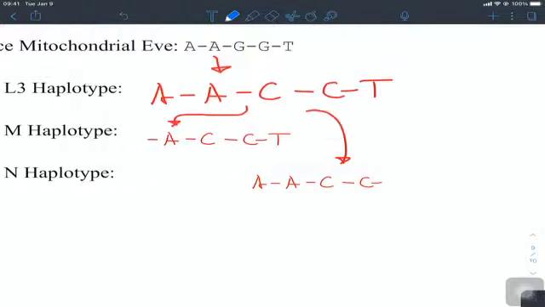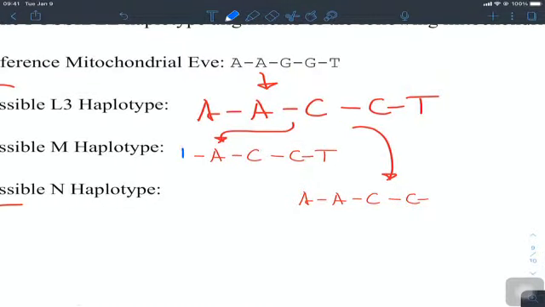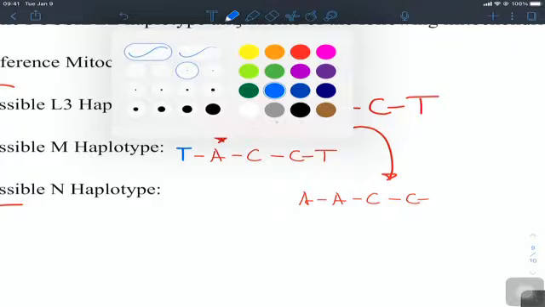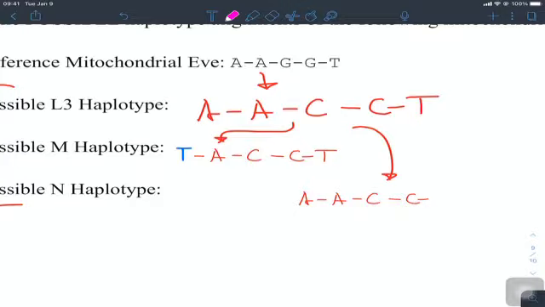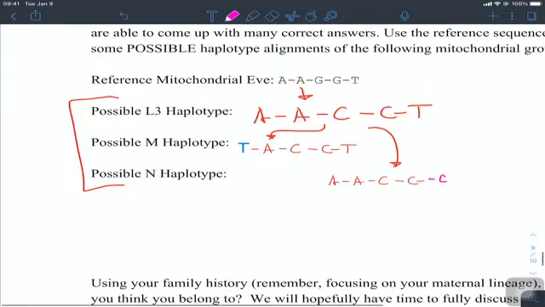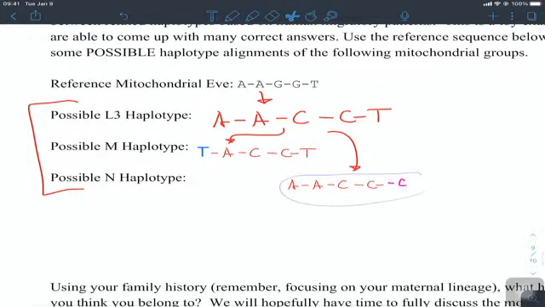So maybe our M type would get a T to begin with, and our N type, switching colors here, might instead end with a C. And now when we're performing an alignment between these three,